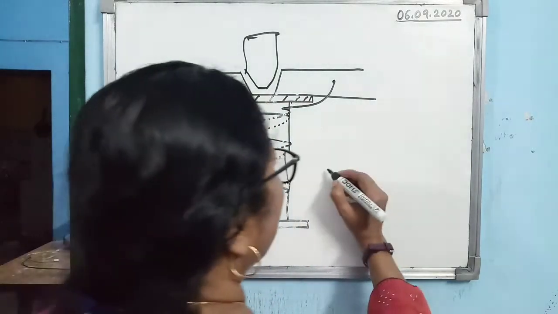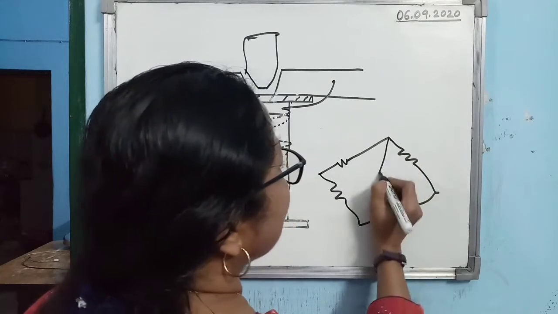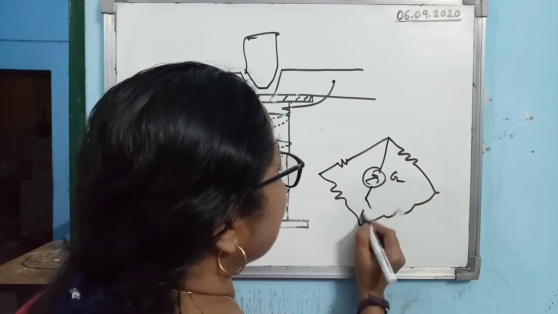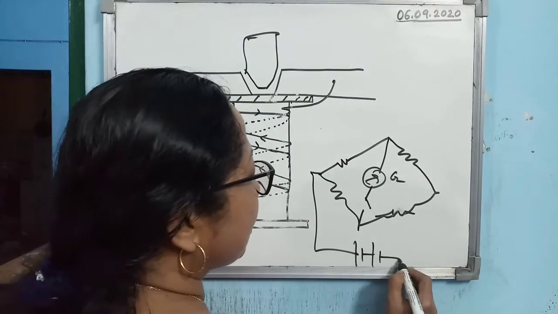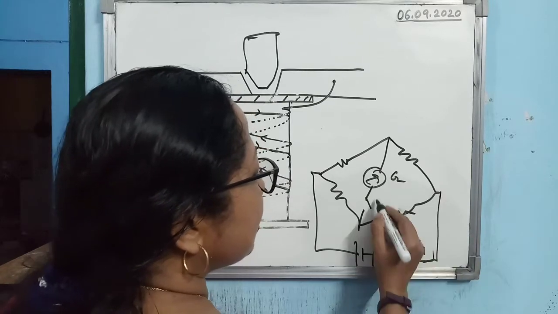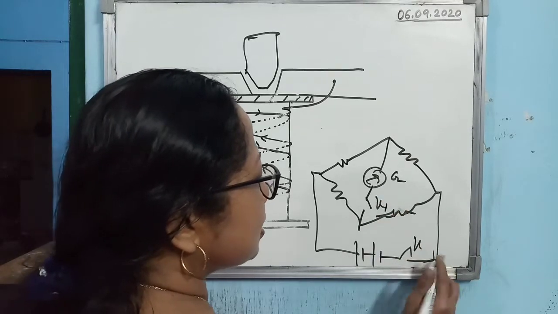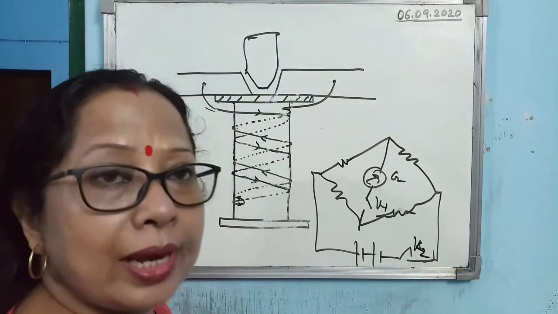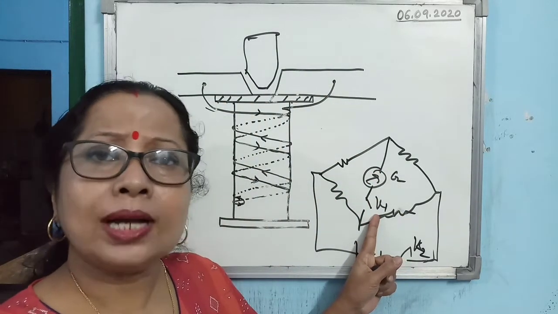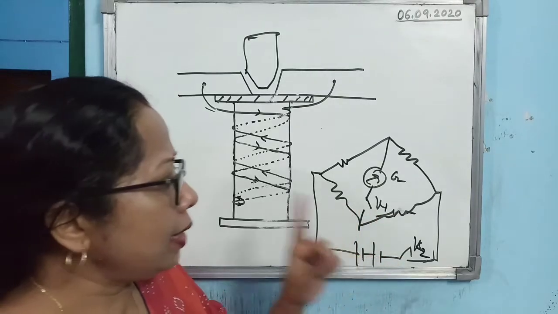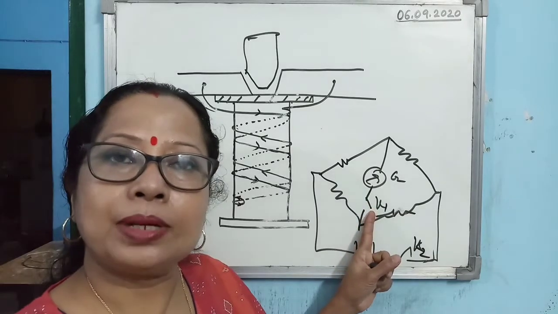I hope you can remember the Wheatstone bridge circuit that we have like this. There is a galvanometer we connect. Now with the galvanometer generally we connect one key, and with the battery we connect one key. Suppose this is the galvanometer key K1 and this is the battery key K2. Now when we use the galvanometer, first we press the battery key and then we press the galvanometer key.